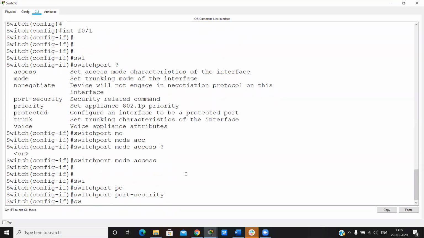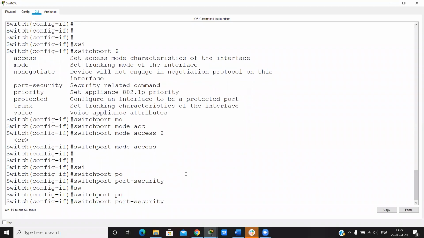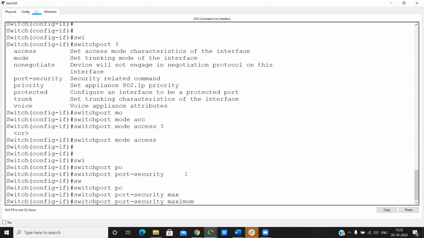And now switchport port-security maximum. This means how many MAC addresses we want to allow. If Bhuvan accesses this port and his manager also accesses this port, then we can allow a maximum of 2, but at that time I allow only one MAC address.